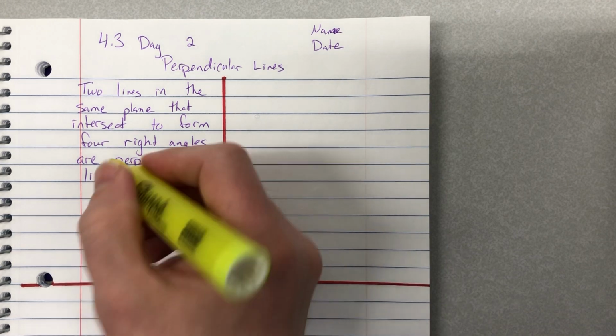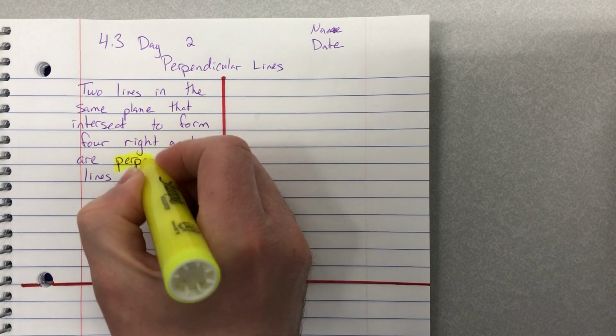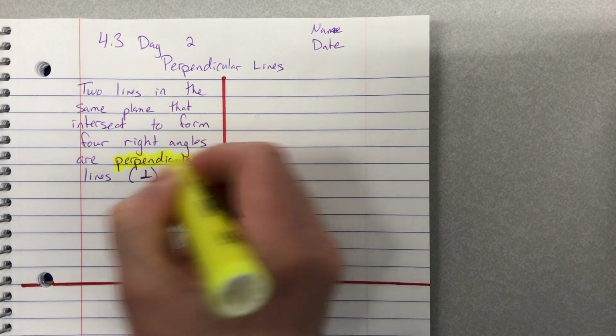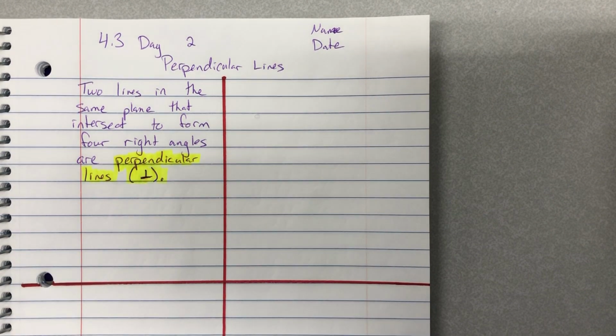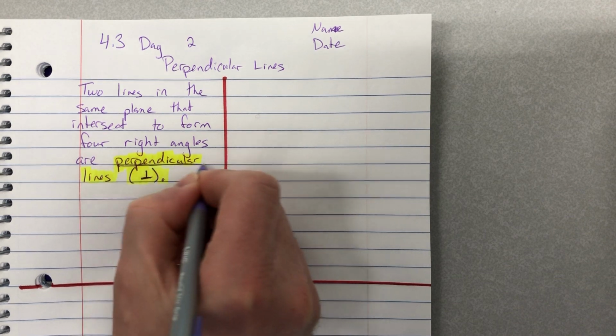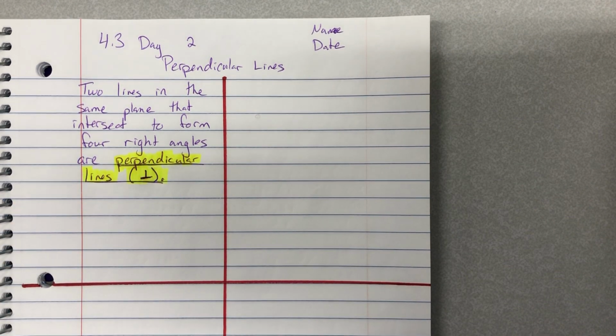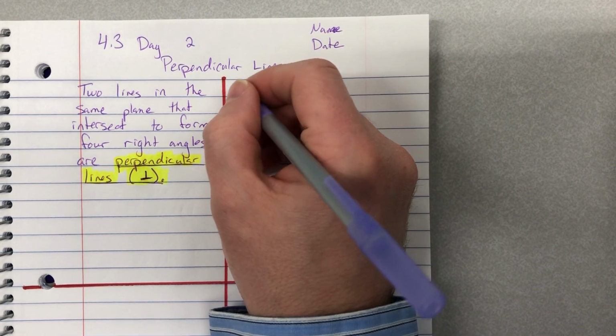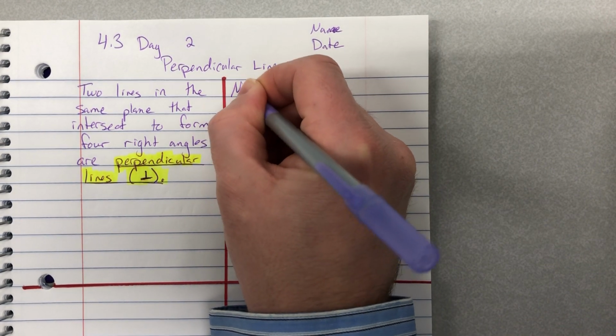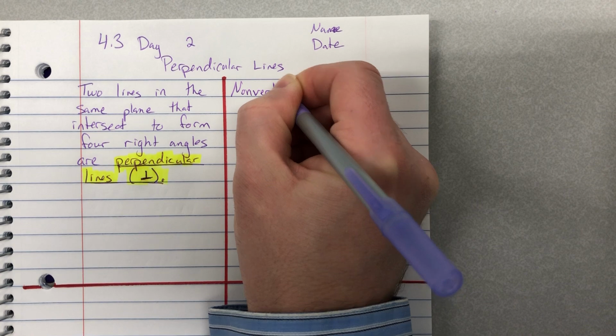Okay, so if you see us use that symbol, that's what we're talking about. All right, so perpendicular lines is this definition, and here is this symbol. All right, and I'm also going to underline it anyways. Okay, so something else that I want to make sure we cover here, we're going to say that non-vertical lines